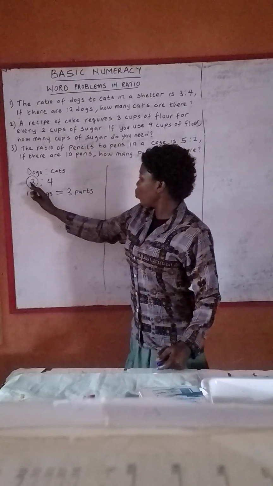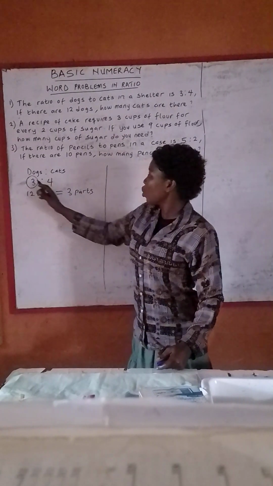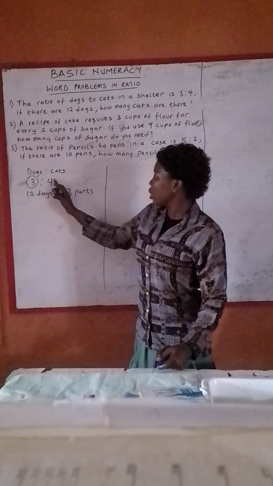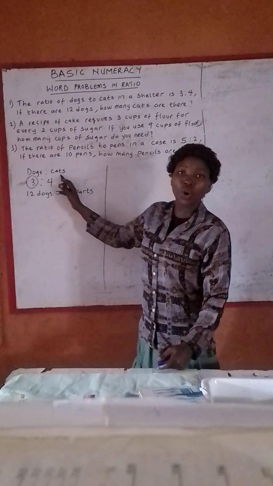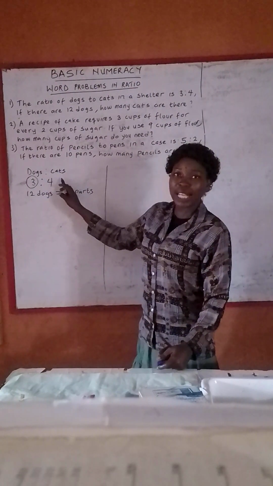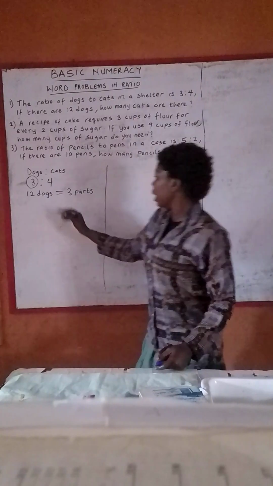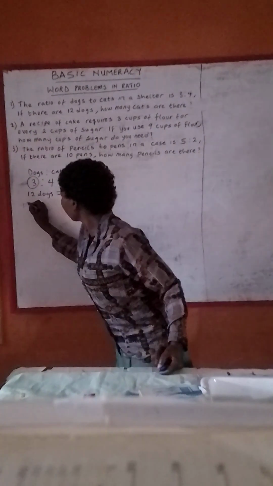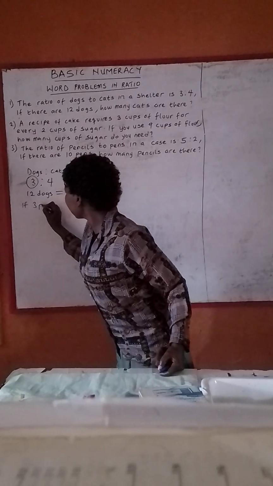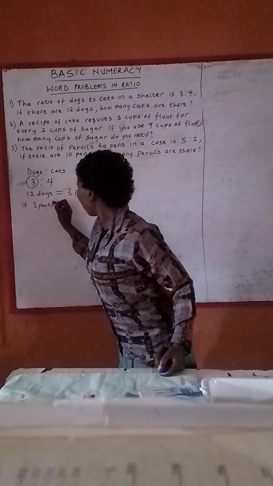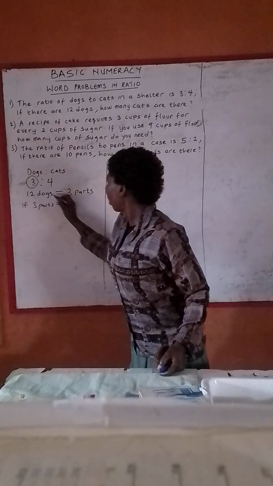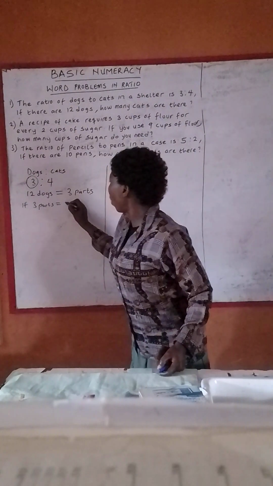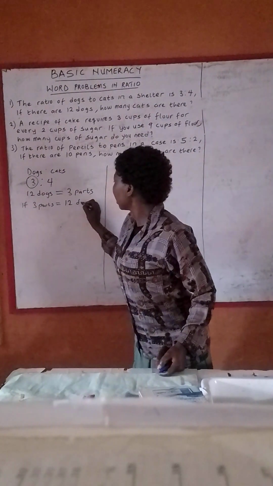By getting 1 part of this ratio, you will be able to multiply the 1 part with 4 to get the number of cats in the shelter. So if 3 parts of dogs in that ratio equals 12 dogs,